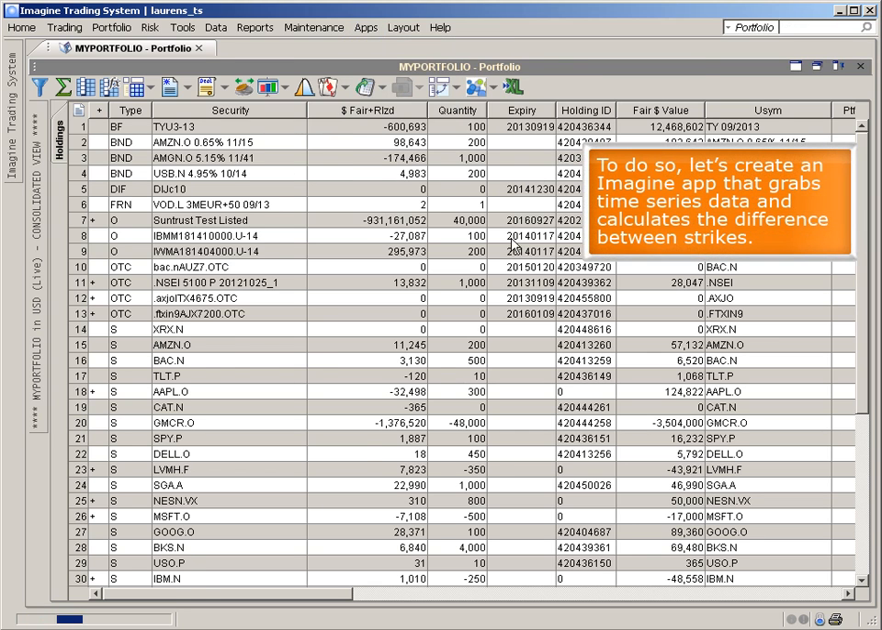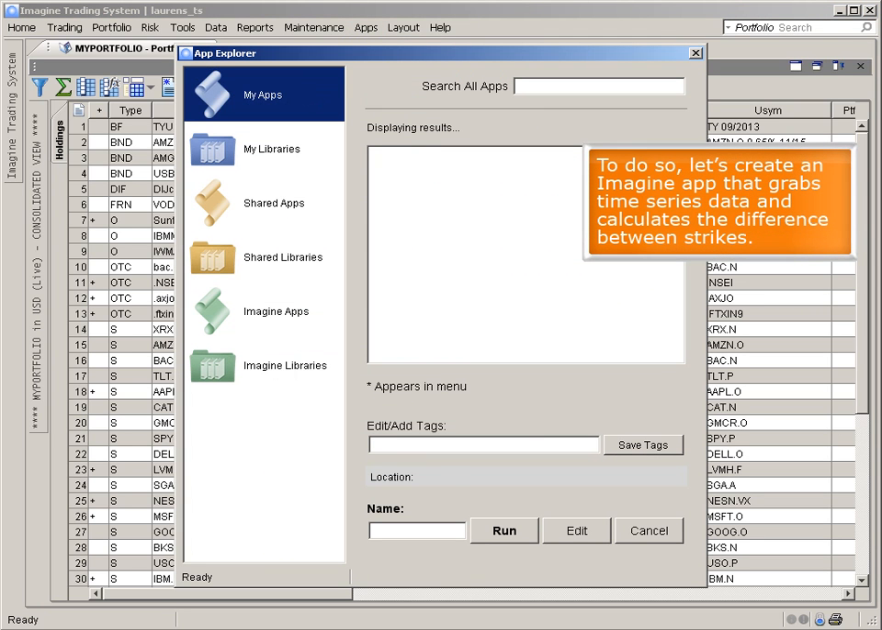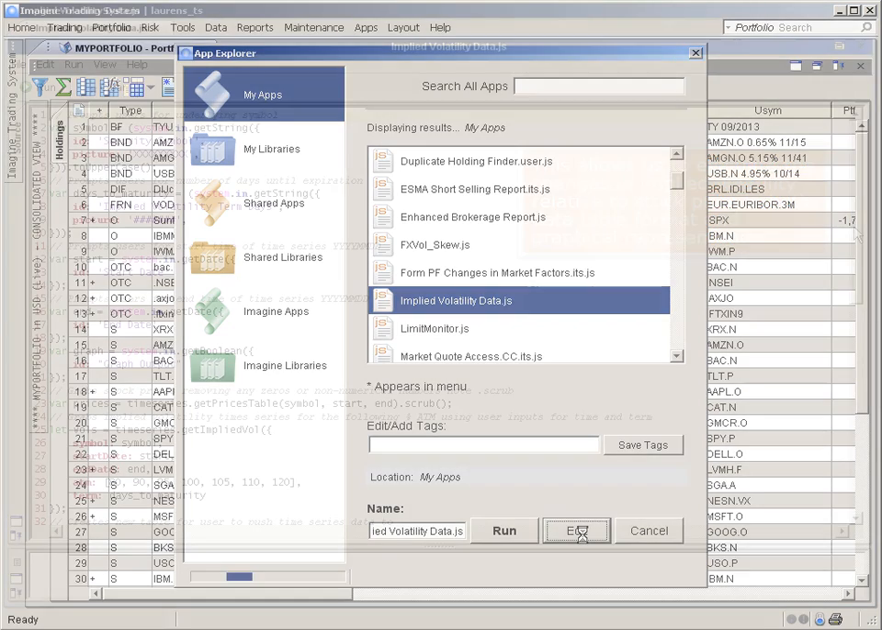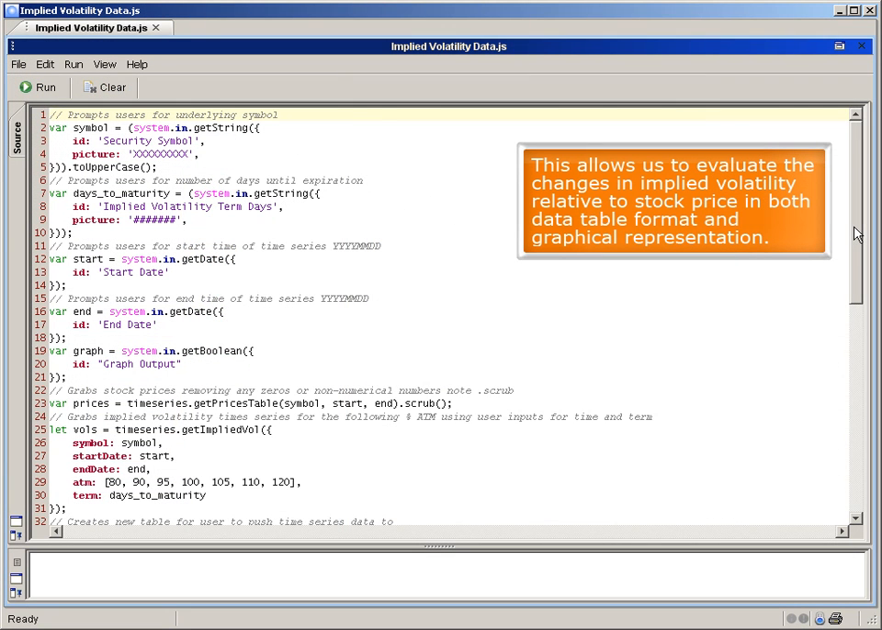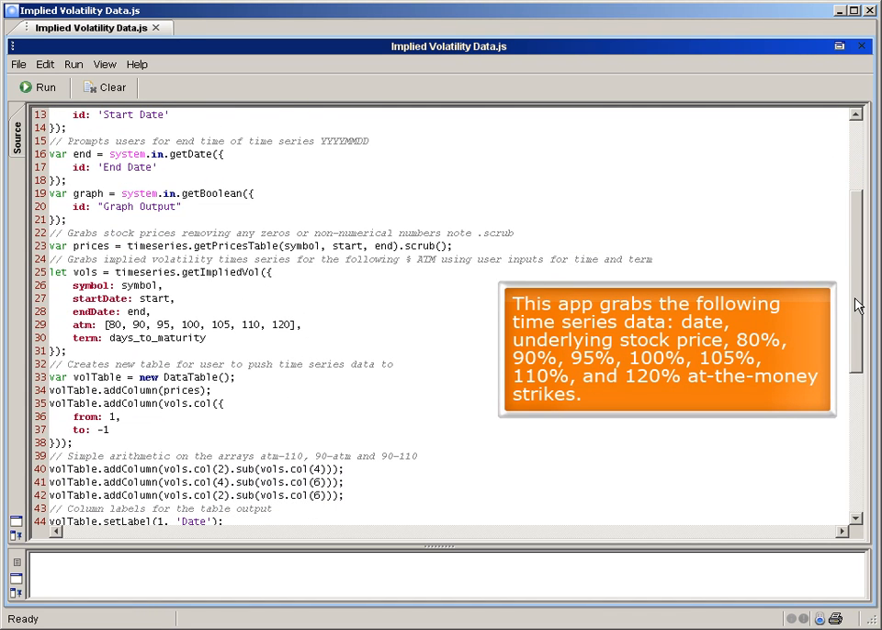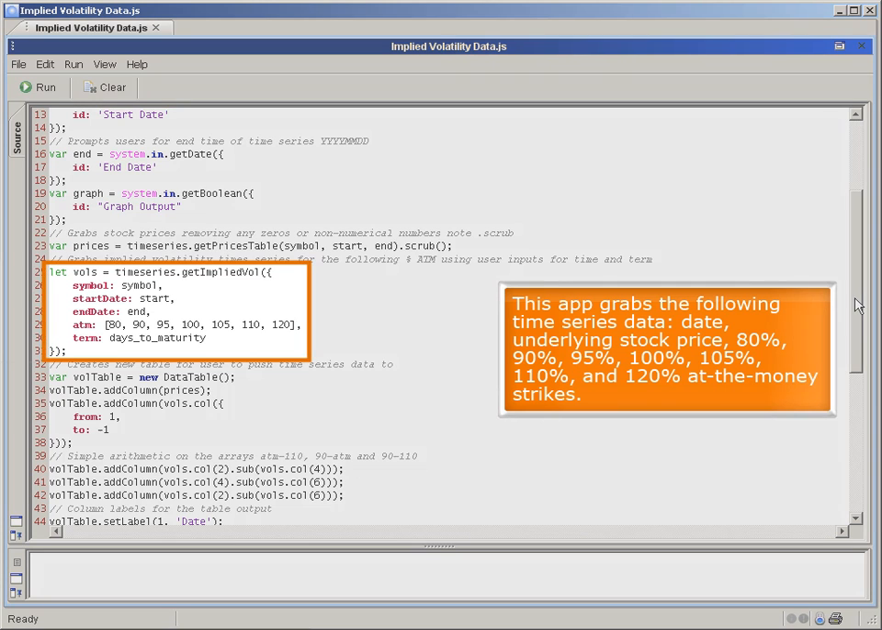To do so, let's create an Imagine app that grabs time series data and calculates the difference between strikes. This allows us to evaluate the changes in implied volatility relative to stock price in both data table format and graphical representation. This app grabs the following time series data: date, underlying stock price, 80%, 90%, 95%, 100%, 105%, 110%,